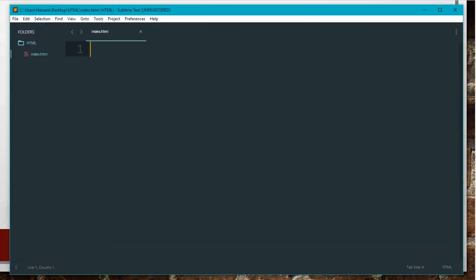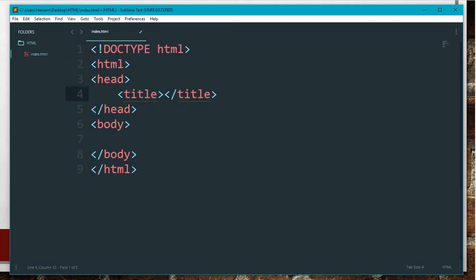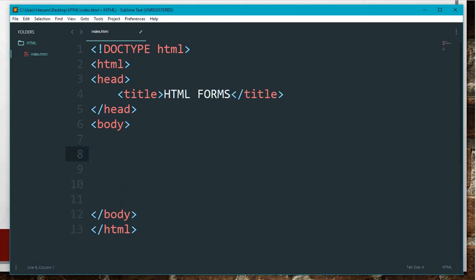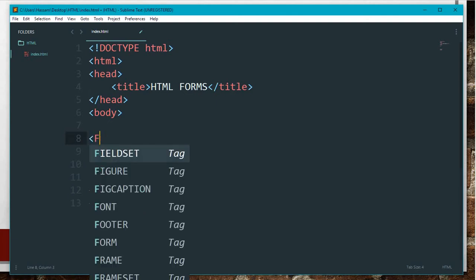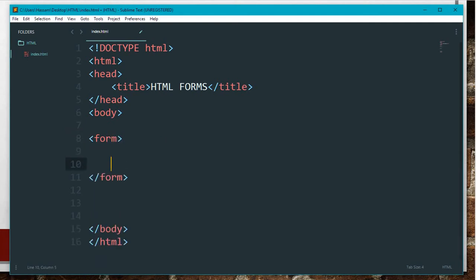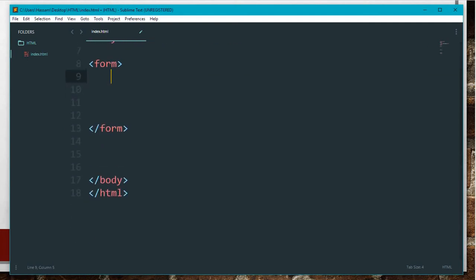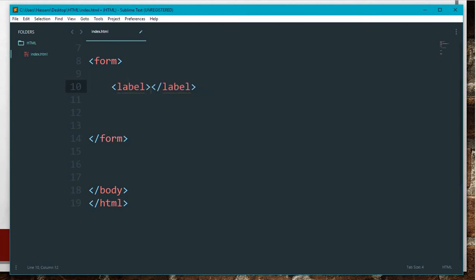So first of all, create an HTML document. Okay, so let's start with the form tags. This is the basic form tag for creating a form. Inside this, first of all, put the label tag. In this tag, define the name of the field. So I will write first name,